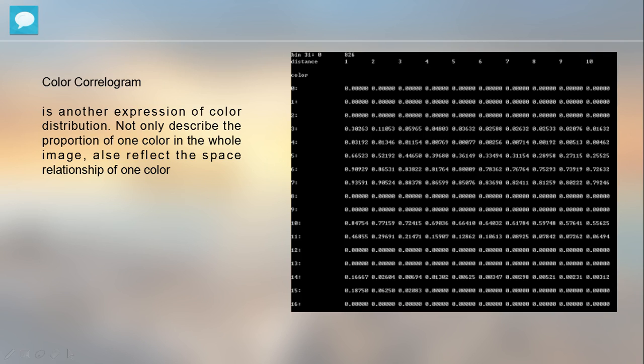You can see the value here. Actually, the value represents the probability that the distance of two color pixels is less than k. For example, here is one kind of color, here is a value, and here is another kind of value. This is the probability that the distance between these two color pixels is less than k. So here,